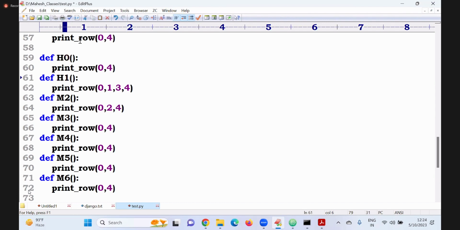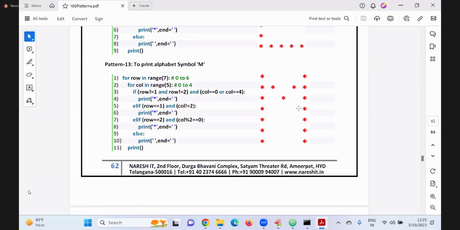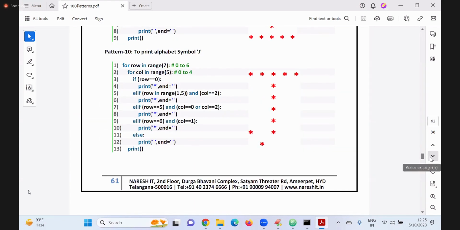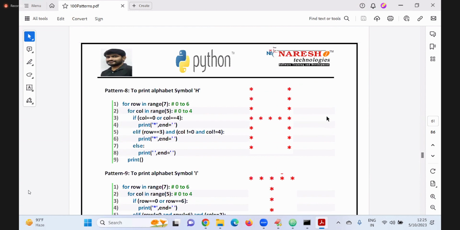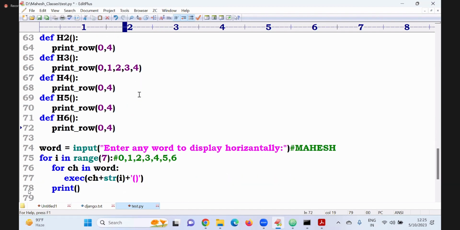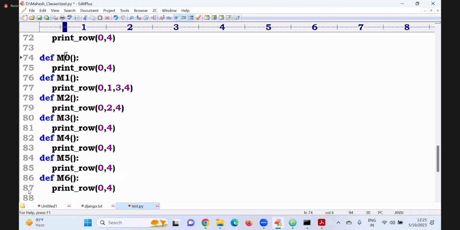H0, H1, H2, H3, H4, H5, H6. సరే H లో అంతేనా? ఎక్కడెక్కడ? 04. ఇచ్చేసింది మీకు ప్రోగ్రామింగ్. 04. ఎక్కడ కూడా? థర్డ్ లో 1, 2, 3, 4. ఇంకా 04 అంతే కదా? MAH E కావాలి. E.